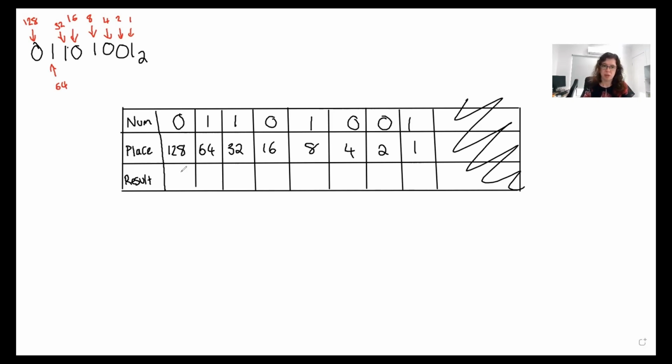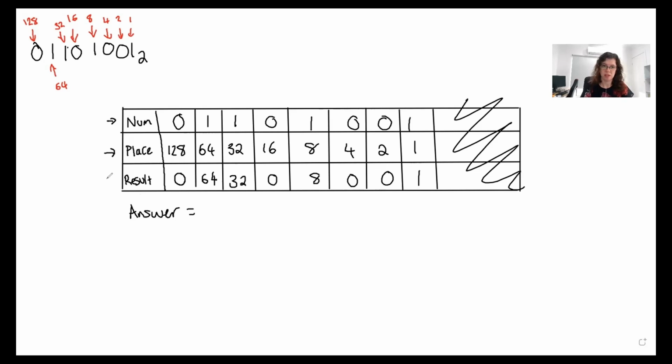So 0 times 128 gives us 0. That's been switched off. 1 times 64 gives us 64. 1 times 32 gives us 32. 0 times 16 gives us 0. 1 times 8 gives us 8. Then 0, 0, 1. So wherever there's a 1 up here, we keep the place value. If there's a 1 here, it's on. If it's a 0 here, then it's off. Then to calculate the actual answer,